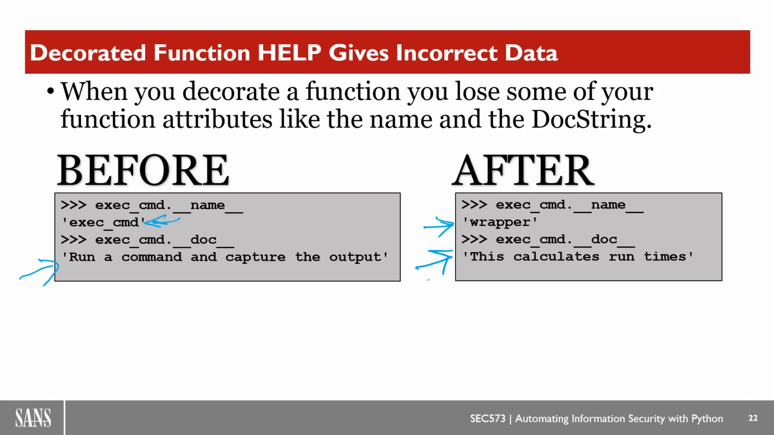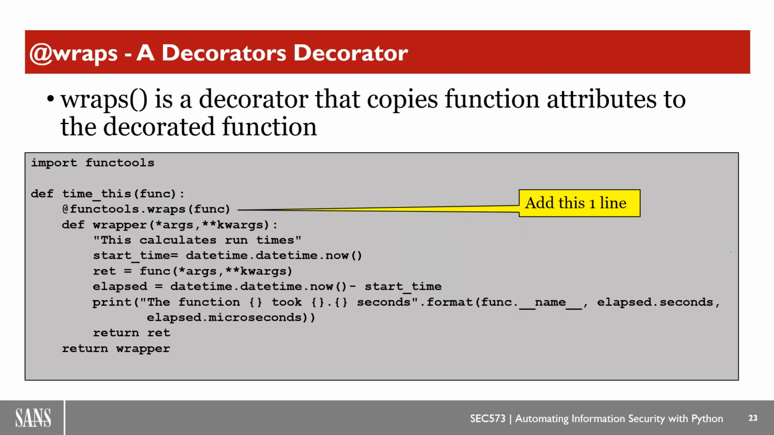So my wrapper, my decorator, time this, is working just fine, but it's stomping on the help functions and the name of the function for my exec command function. It replaced those values with the functions of the decorator that I generated. Well, we can fix this actually with another decorator. There's a special decorator called @wraps, and it's a decorator's decorator. So if inside of your decorators, you add this one line, you import functools, and then in functools, you say